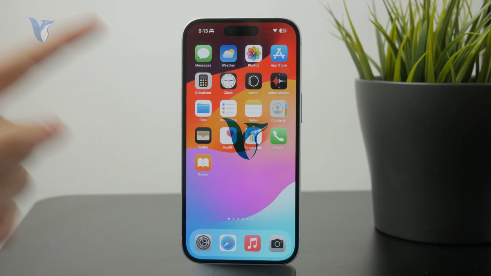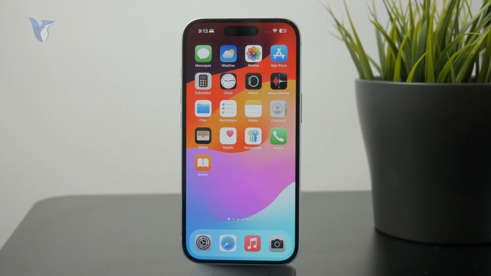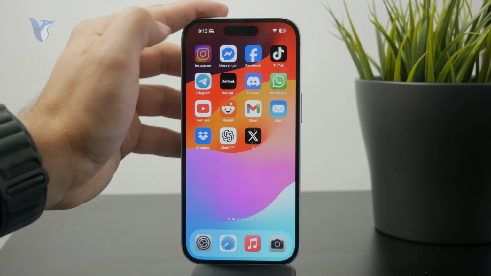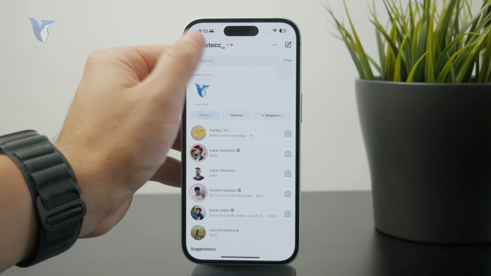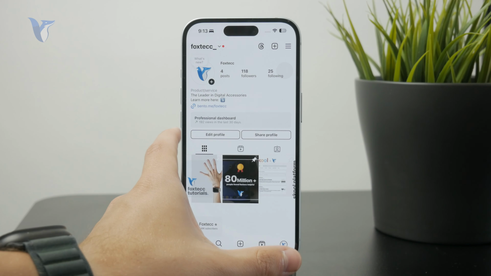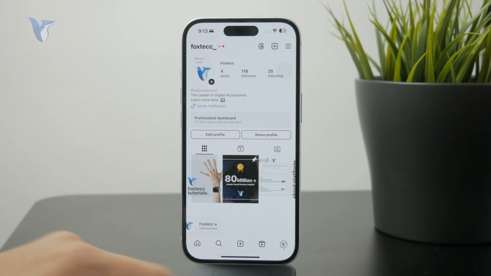So this is how we can delete account bio history on Instagram. Let's get started. So there are some changes you have performed to your Instagram profile or whatever it might be. But in order to delete the history of the changes, go to your Instagram, tap on profile, and then tap